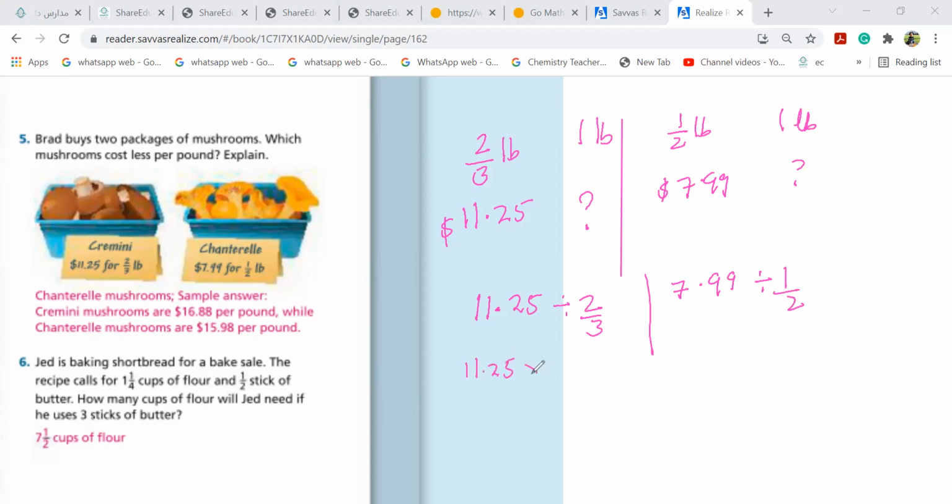11.25 multiplied by 3 over 2. 7.99 multiplied by 2 over 1. When I multiply 11.25 and 3, I get 33.75 over 2. You can do it with the calculator. 33.75